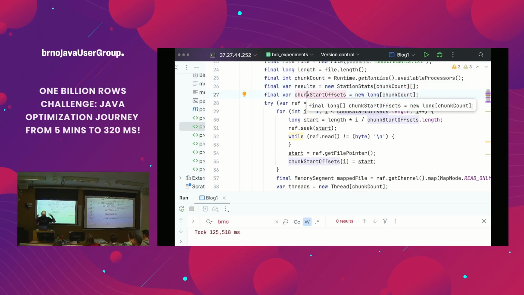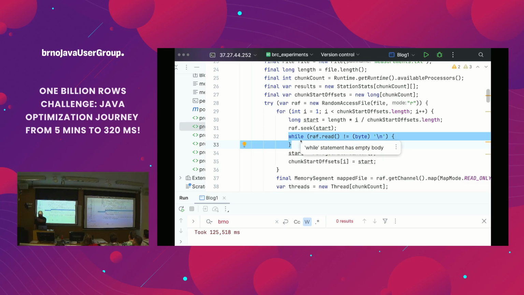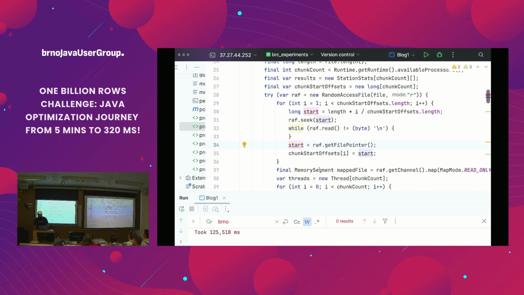The thing I was talking about: finding the end of the line. So basically, for chunk number X, it should start roughly here, and then it seeks until it finds the end of the line, and the next is the start of the new chunk. So this will find offsets for each chunk.